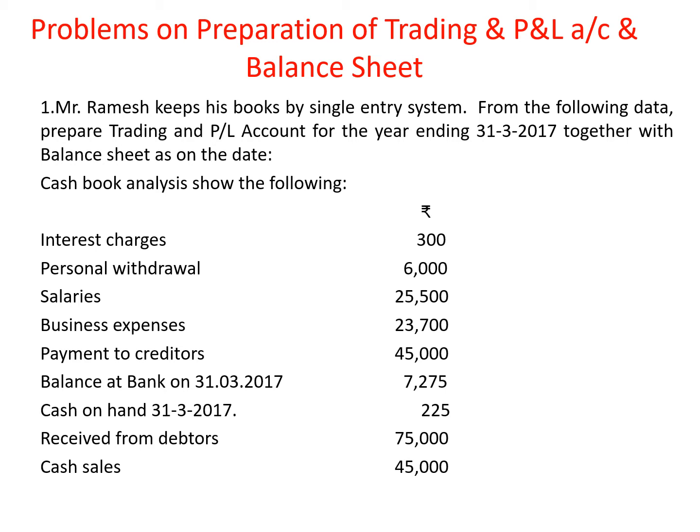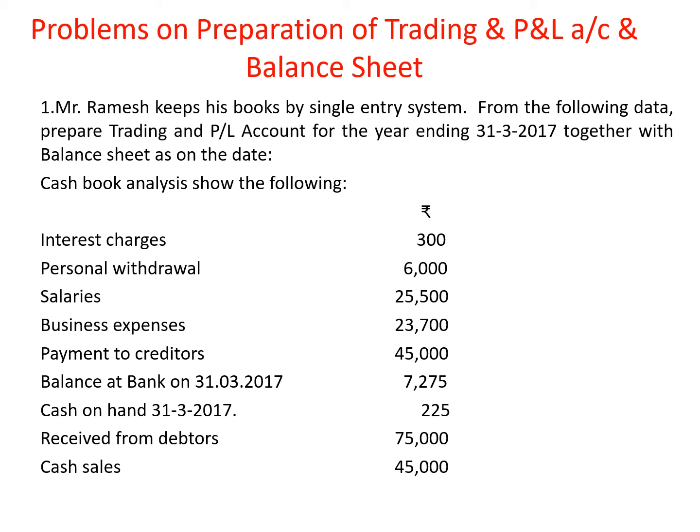This is closing balance at bank. This will go to bank account as closing balance, and one more place you will take this is to the balance sheet, closing bank balance. So one place is cash account and the other place you have to record is in the balance sheet. Similarly, the next item given is cash on hand as on 31st March 2017, 225. This is closing cash balance on hand. So this cash in hand will appear again in the bank account and balance sheet. So these two are the closing balances to be taken to bank account as well as in the balance sheet, asset side, closing balances of cash and bank.